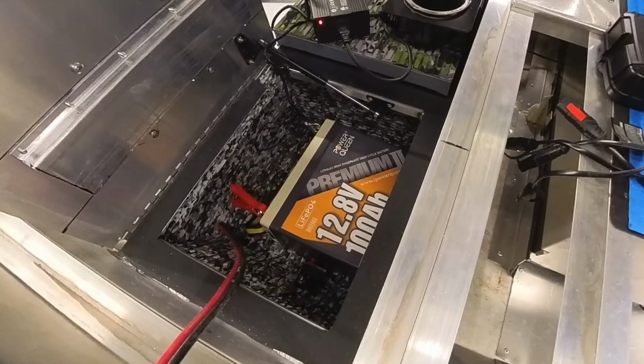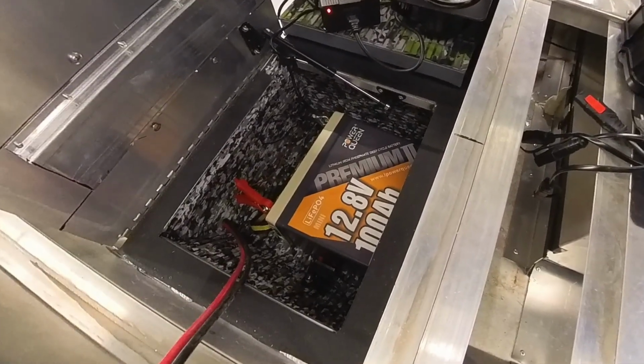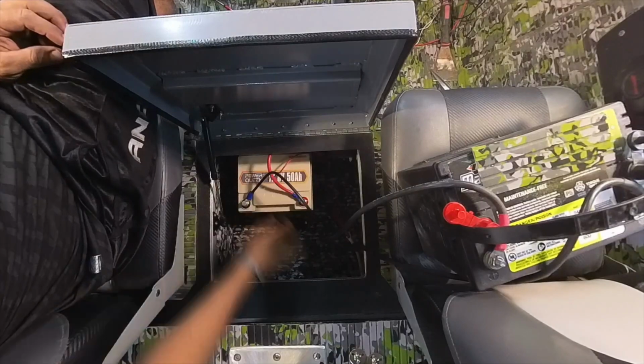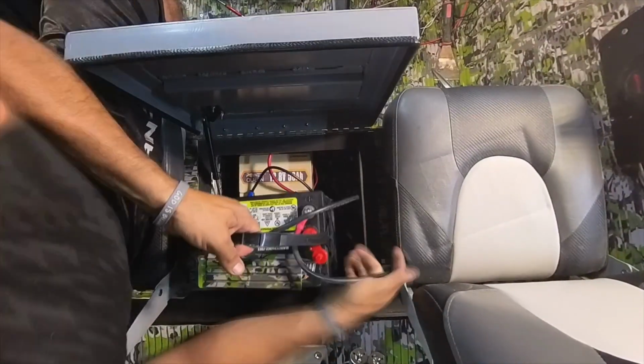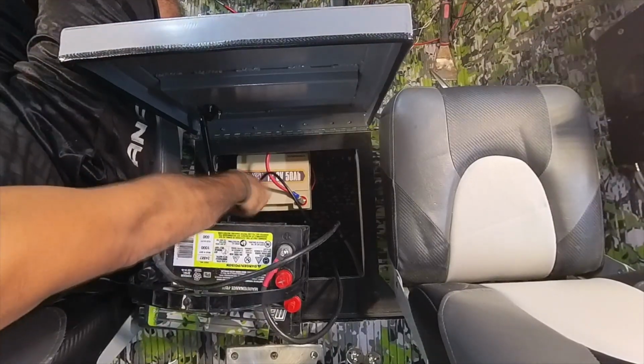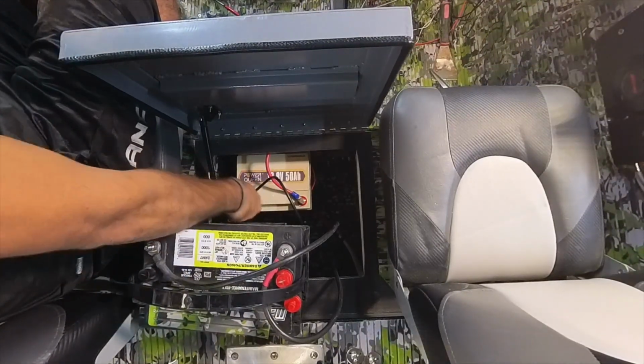They have an updated BMS that covers overcharging and over discharging, so the battery's safe no matter what. The only thing it doesn't have is Bluetooth and some of the other fancy things you'll see in some of these other batteries in this video, but other than that, if you don't need those things, this thing is good to go. They can be used for everything except for starter batteries, which is why I have that lead acid